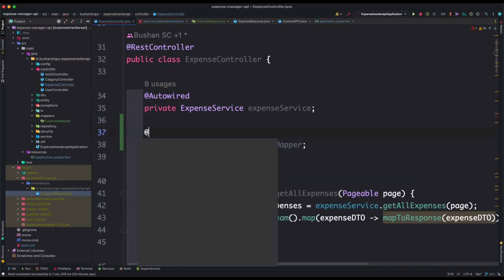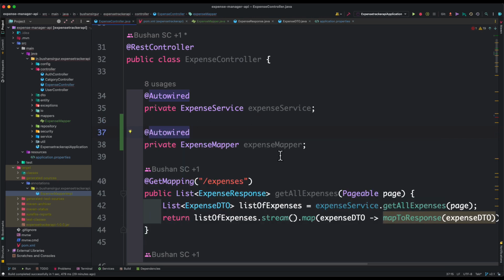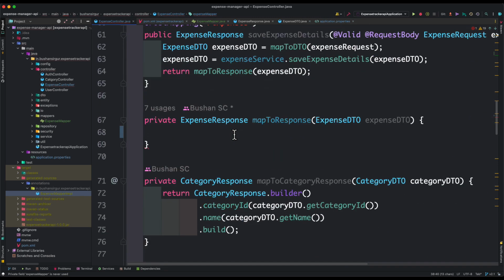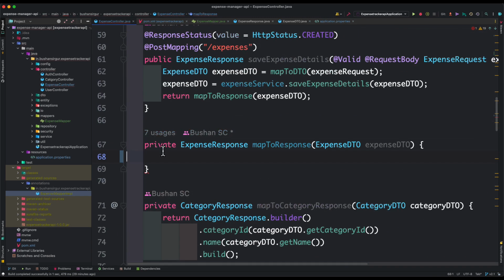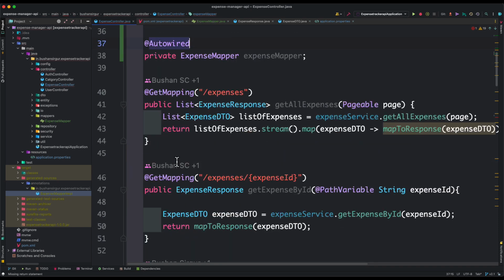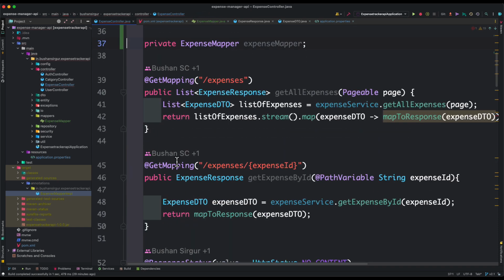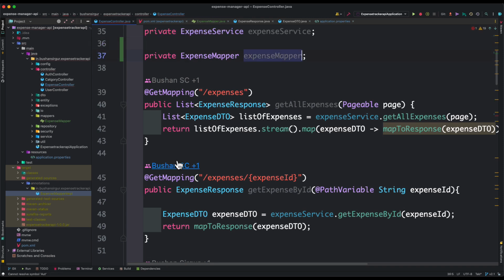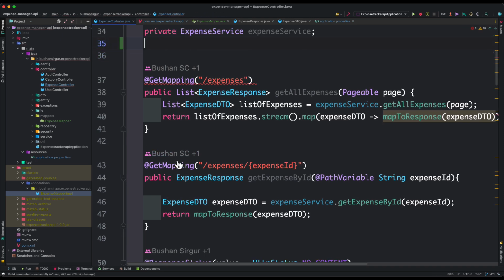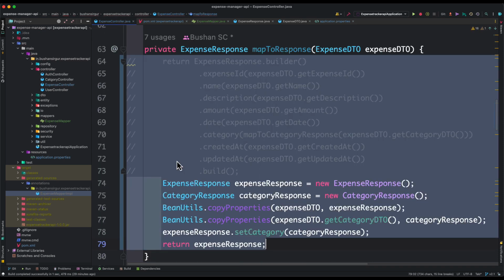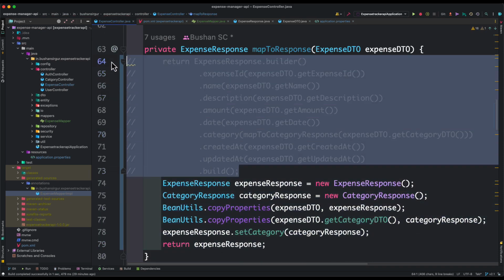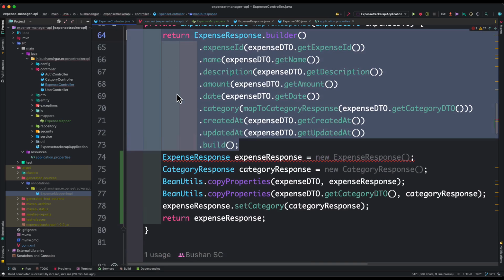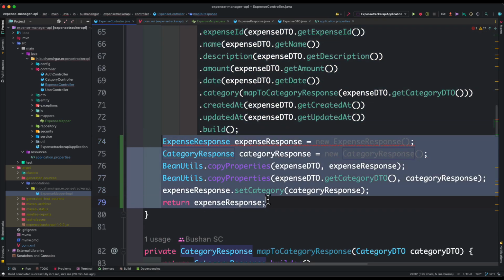We can add the annotation Autowired. We can make use of this expense mapper. Let me scroll down, and we don't need this method at all. So what I'll do is let me undo this. Oops. Let me uncomment this, and I'm going to remove this,